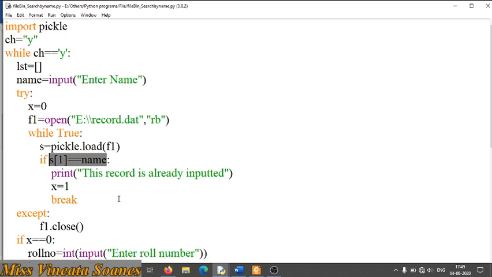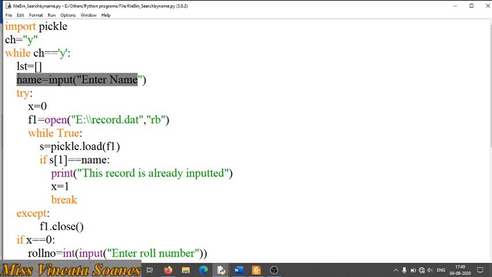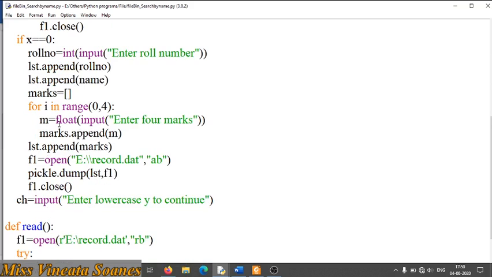So the next index is 0, 1, right? After 0, 1 comes. So name is stored in index 1. So just check that the name entered up there, in that name variable, is equal to that name which is already in the file. So if it's already there, you can say that this record is already inputted, or this name is already there, right? Then you change x equal to y1 same way, and then you just